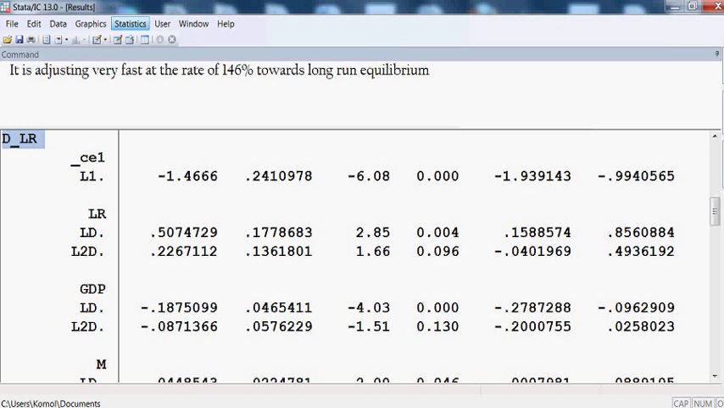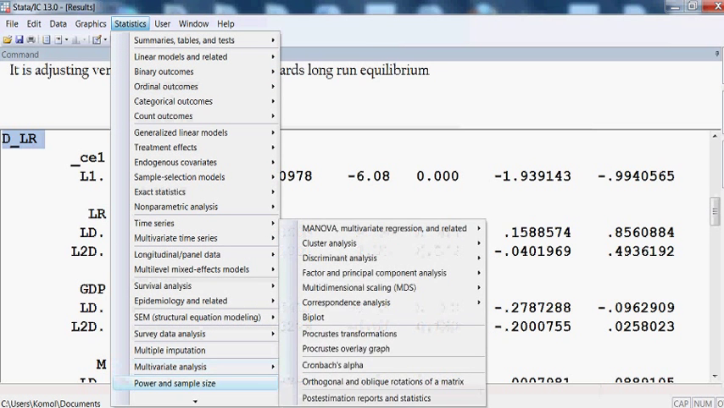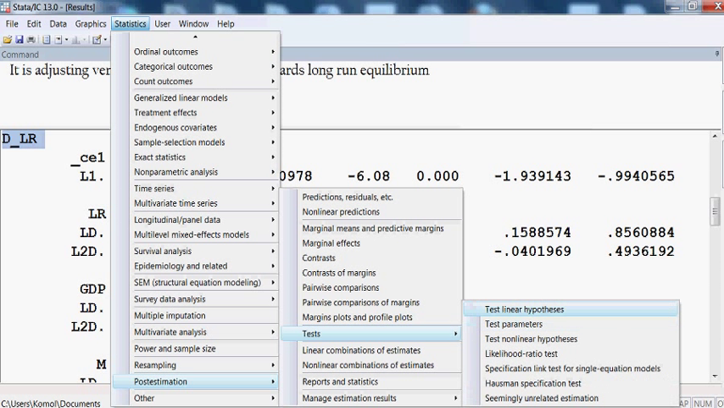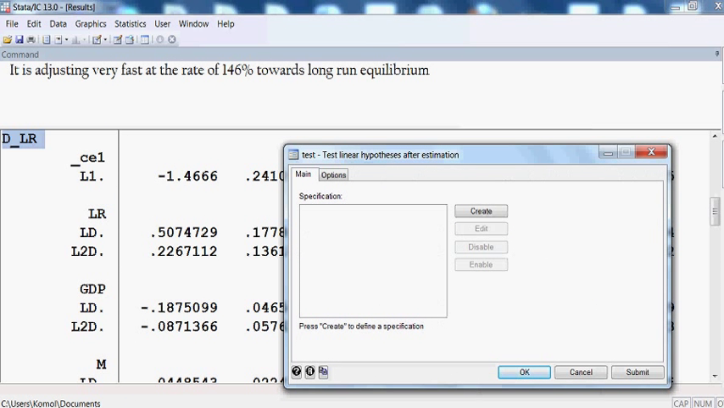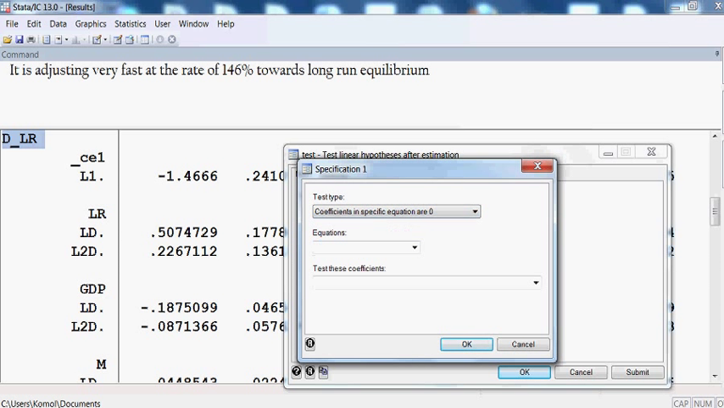So I go to statistics, then I come here, I go to post estimation, then I go to test, then I go to test linear hypothesis. Okay, then I have to create the specification. I create it, then I put coefficient in specific equation at 0, and I put my dependent variable DLR,